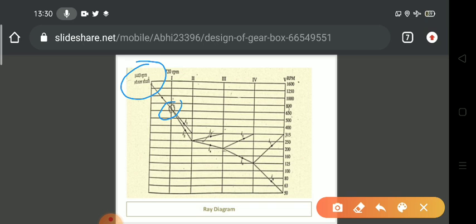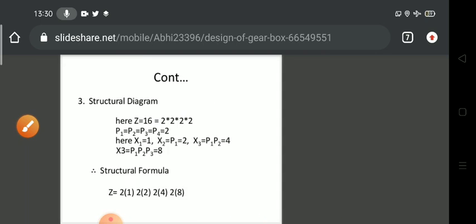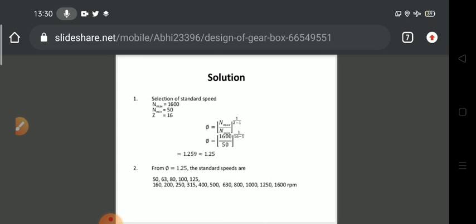we have to draw a speed chart, as we can take two speeds. One is 315 and the second is 250. Then 250 is connected to 315 and 200. Also we have to connect 315 and 125, and lastly 315 and 50, right? How can we find all the speeds? We had already calculated all the intermediate speeds, which are 50, 63, 80, 100, 125, 160, 200, 250, 315,